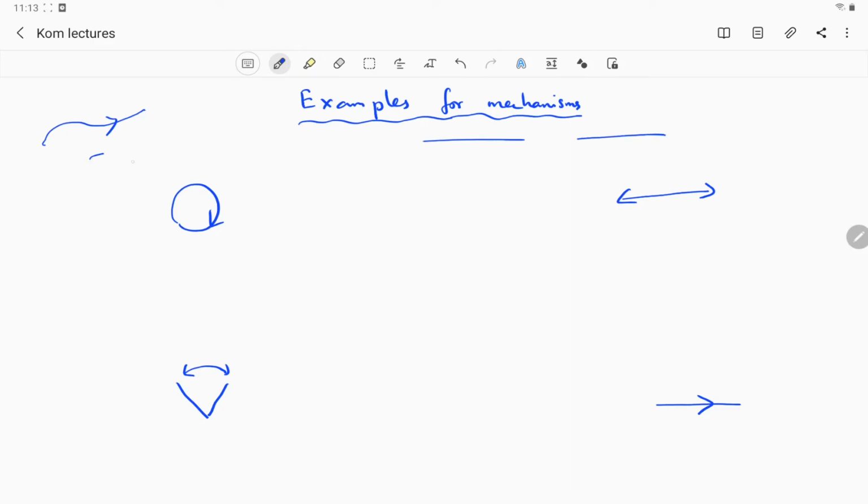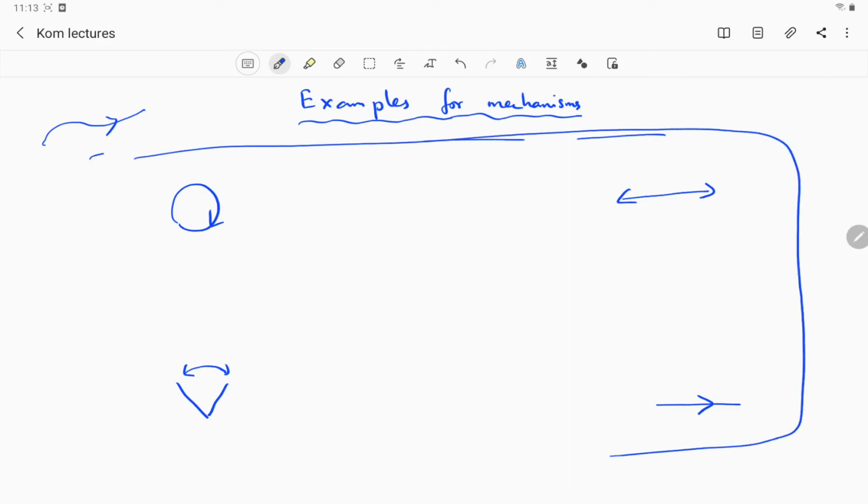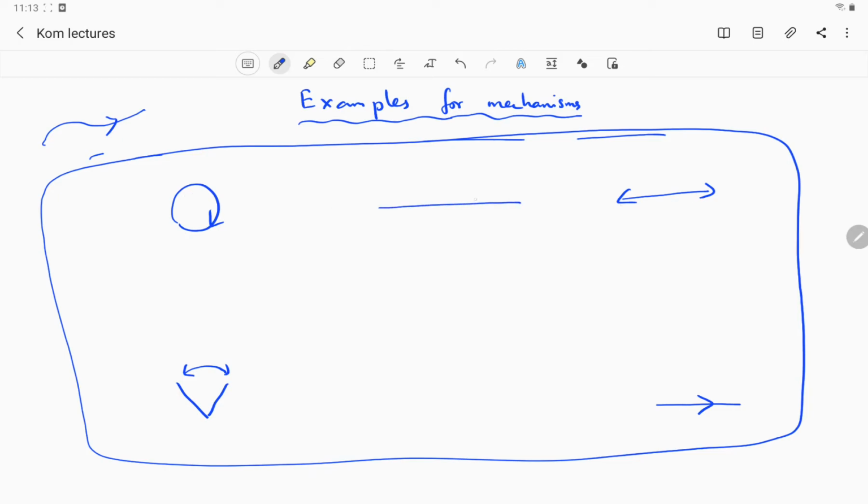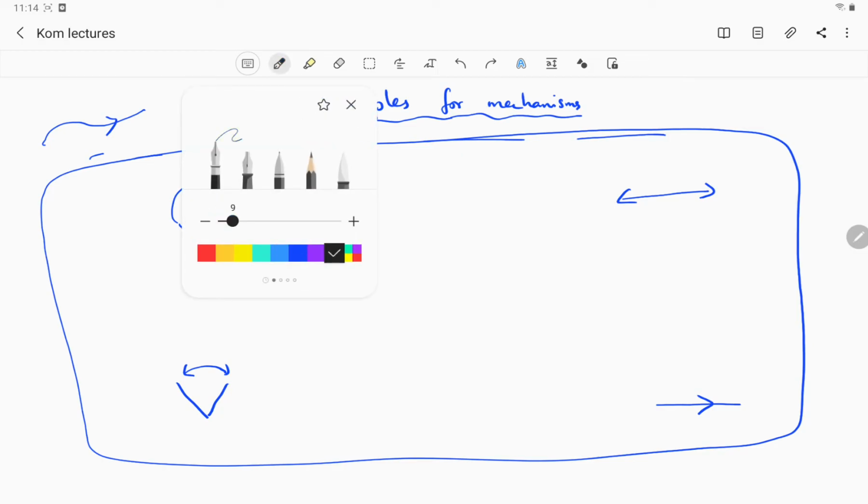Okay, let's see an example where a complete rotation is converted into an oscillatory motion. Let me change my pen color.